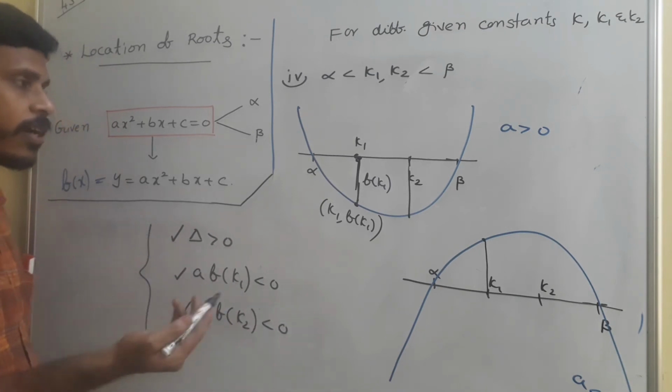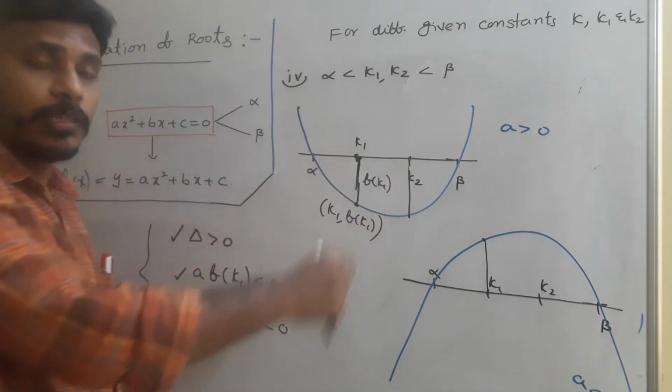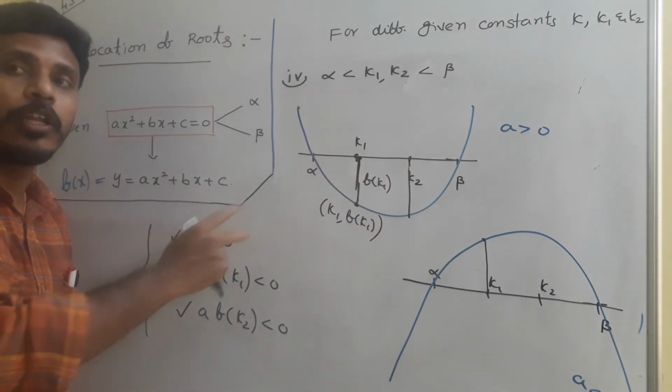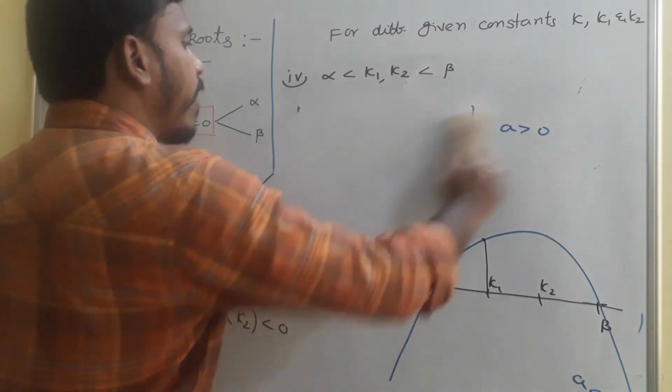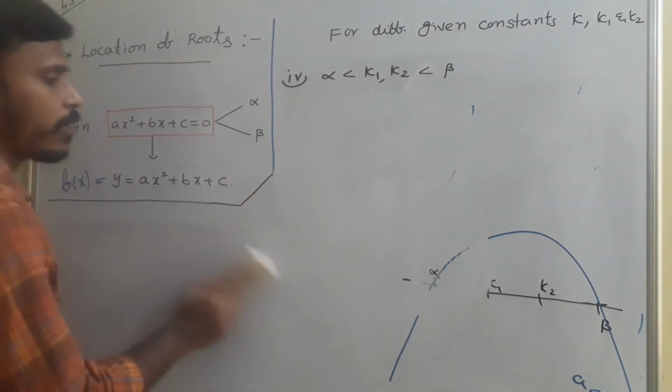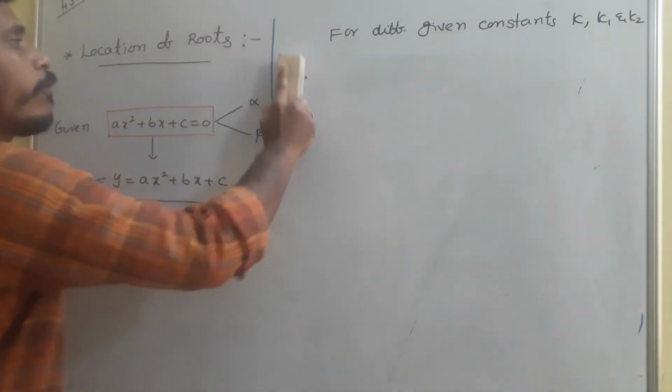These are the conditions. There is the situation. In this situation, these are the conditions. We need to link those two according to the problem. This is the fourth case. I am repeating, you just analyze the graphs and then analyze the situations, not try to memorize the conditions. Right. So now the fifth one.